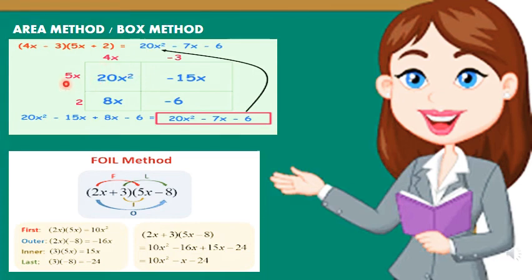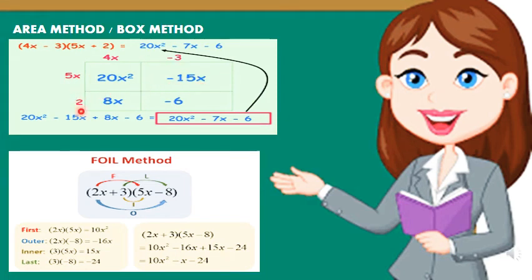And then 5x should be multiplied with the other term in the binomial, that is minus 3. So 5 into minus 3 is minus 15. X into, we don't have any other x term here, isn't it? So what should we do? We will write it as x as it is. So 5x into 4x is 20x square. 5x into minus 3 is minus 15x.